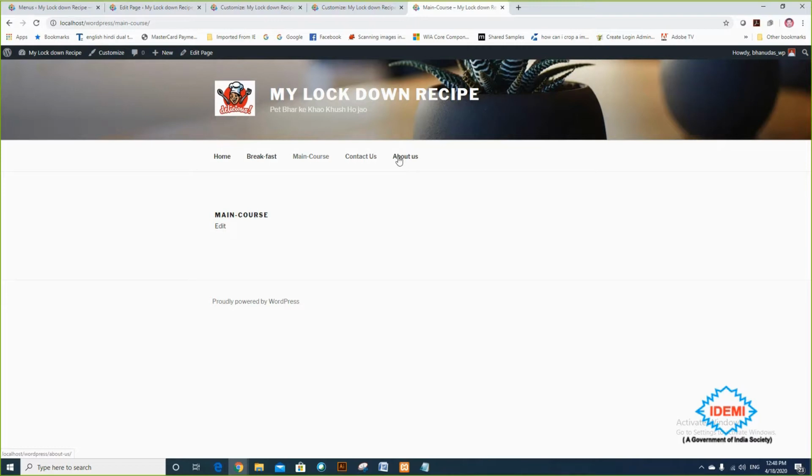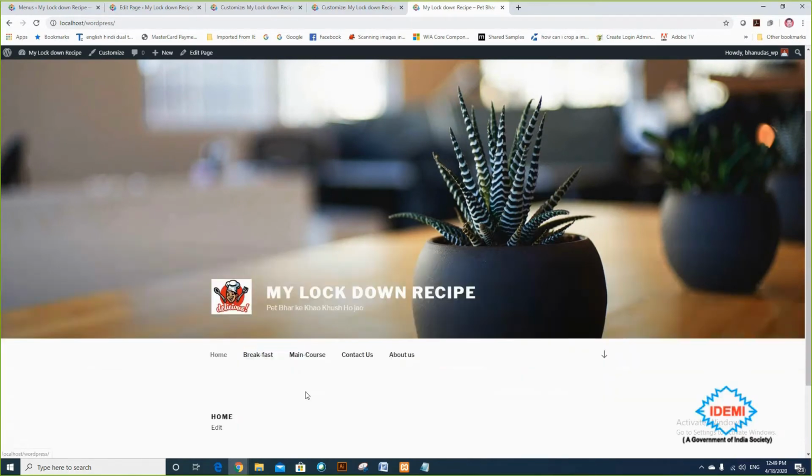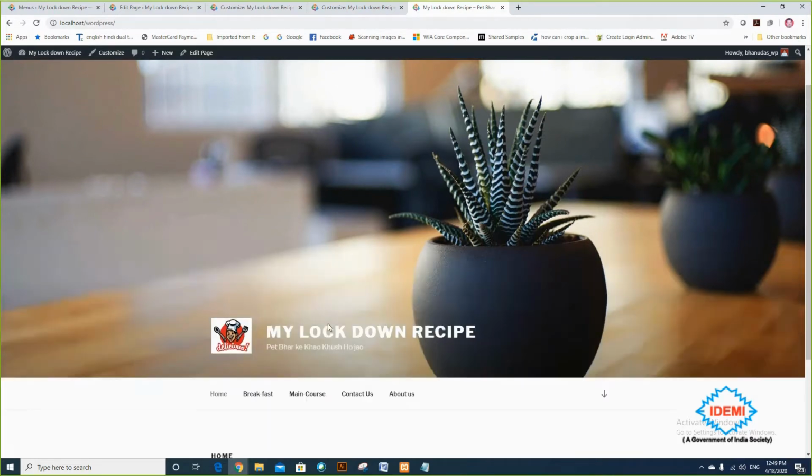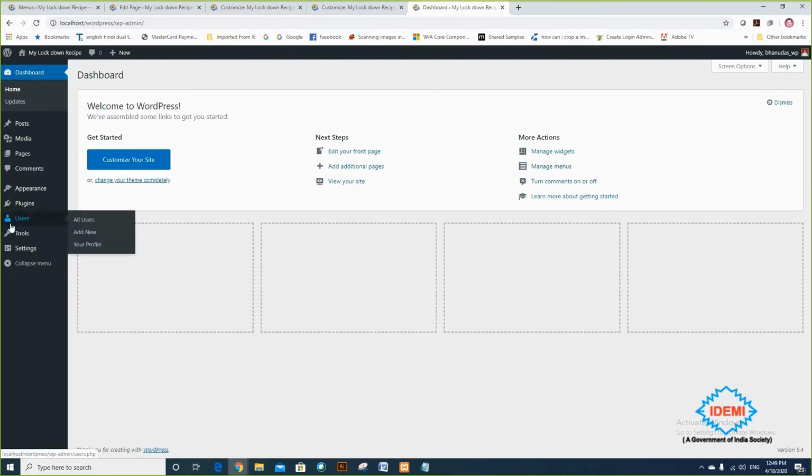Okay, because I'm actually creating a menu which is based on my pages. But what if I want to add a sub menu here? I want to display under breakfast all the breakfast items there. Okay, so I'm clicking on dashboard again, and returning back to appearance and inside the menu.